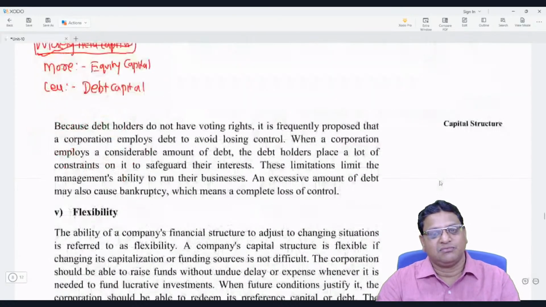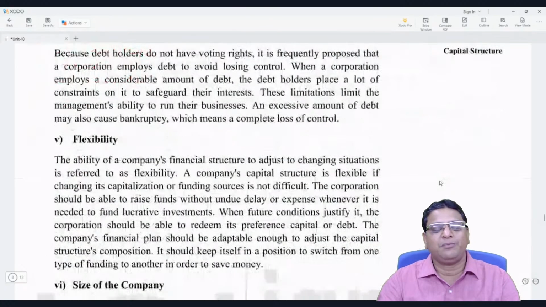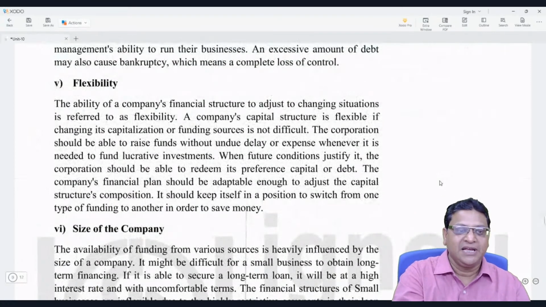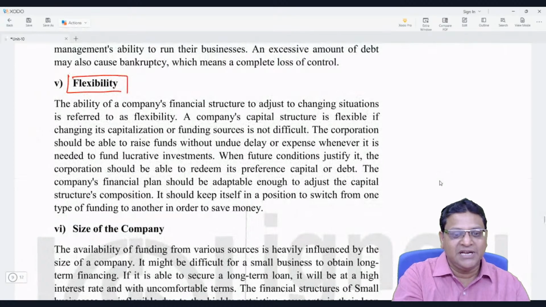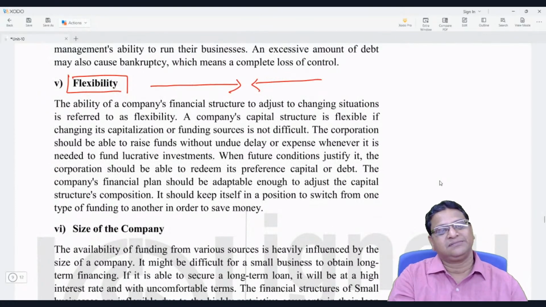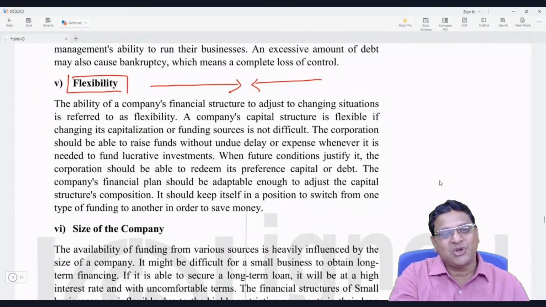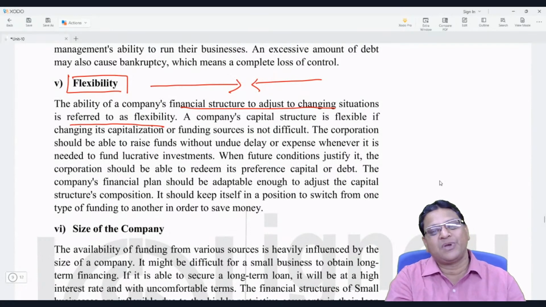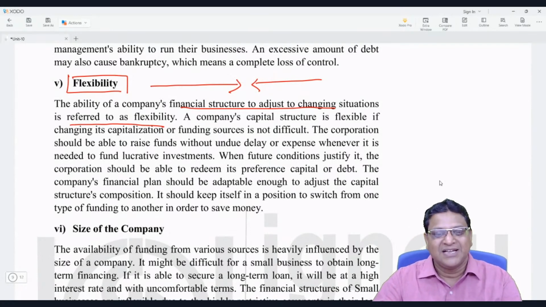in designing capital structure. Next point which we have to consider while designing capital structure is flexibility. What is flexibility? Flexibility means the capacity to expand or contract the capital structure when you require. The company's capital structure must be designed in such a way that it may be expanded or contracted according to the changing business situation. If you are able to expand or contract your capital structure as per your changing business situation, it brings flexibility